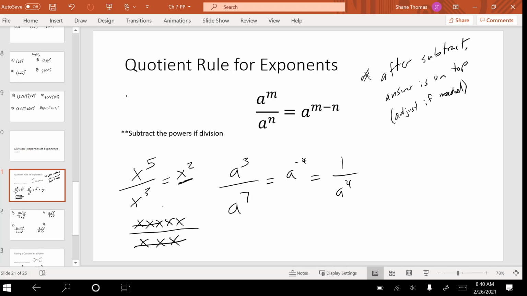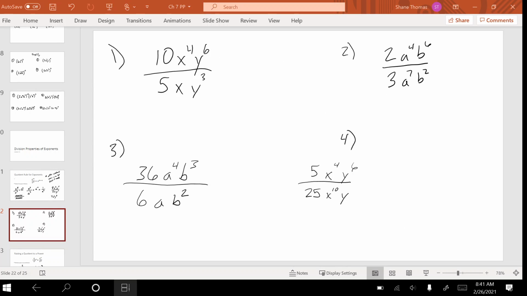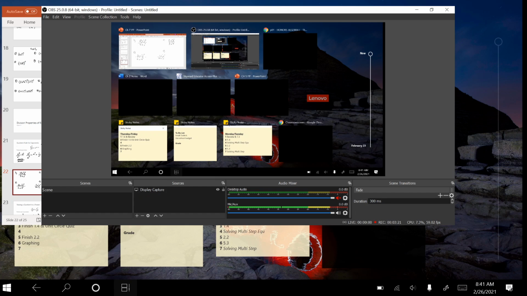All right. If you have whole numbers, you still do the division. So if I have 8 x to the third y to the fifth over 2 x y squared. What's 8 divided by 2? 4. X's, I have 3 minus 1, which is 2. Y's is 5 minus 2, which is? There we go. Okay? Nothing changes there. All right. So here's 4. I want you to try